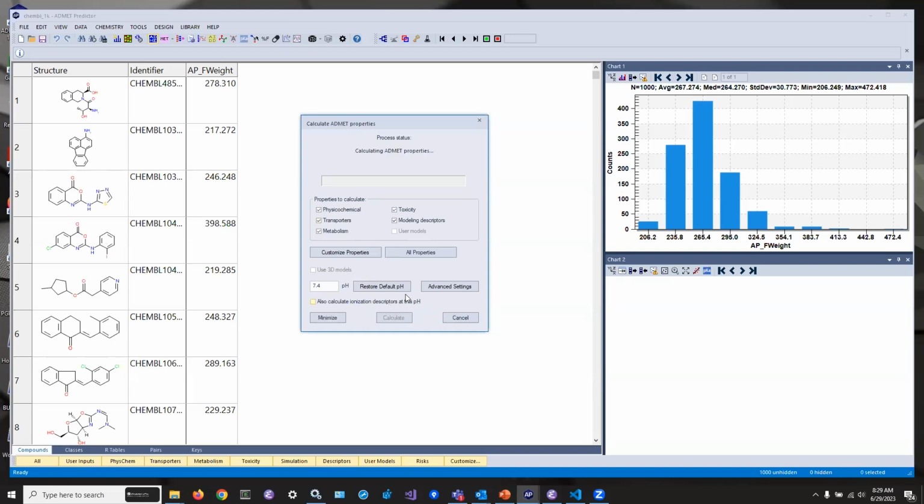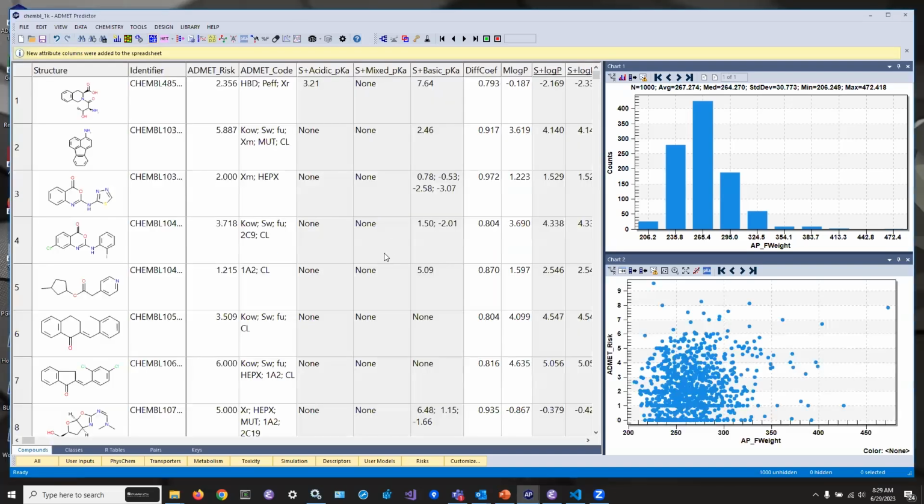If I just click the calculate button, you see even for 1,000 compounds, it's extremely fast. It does, of course, make use of the multiple CPU cores. All of the predicted properties are displayed. And then what I really wanted to show here is that